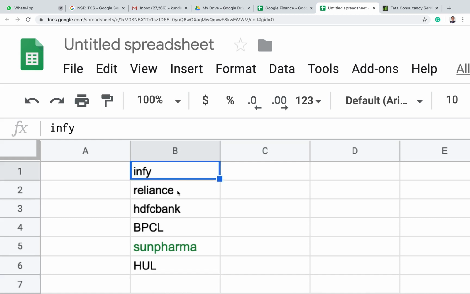So you have one IT company, you have Reliance as a conglomerate, you can include L&T also, right? And let's say you have